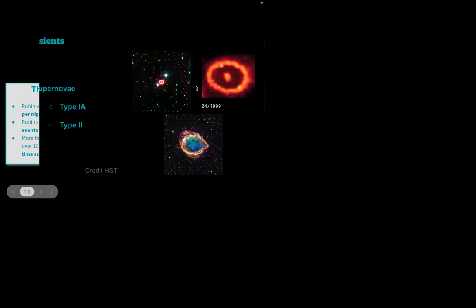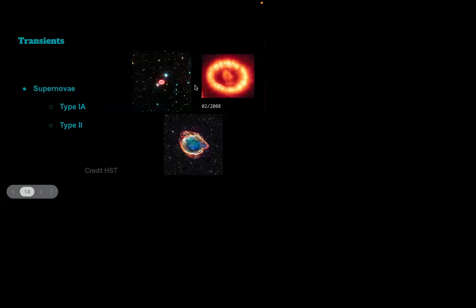So now I will talk about these different types of transients. I will talk about the most famous transients that can be used for different purposes. One of them is a supernova, and the most famous types of supernovae are the type 1a supernova and type 2. The classification is done based on whether you see a hydrogen signature. If there is a hydrogen line present in the object, then you call it a type 2 supernova, and if it is not present, then you call it a type 1 supernova.